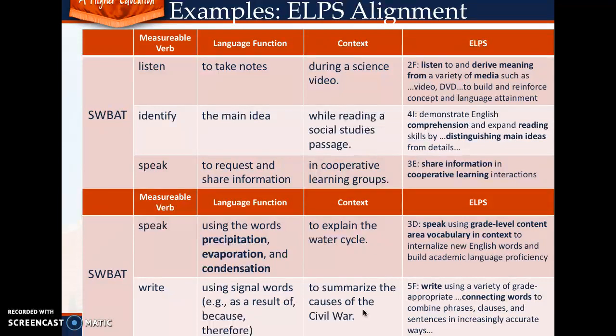Okay, so now let me think about what language function they would be doing and what context. We want them to be able to identify the main idea, and the context is while reading a social studies passage. Let's move down to the second box, the second bright orange bold row, and that one actually has a misprint. It should say measurable verb and then language structure, and then instead of context, it should say language function. So this is the structure function. So let's look at